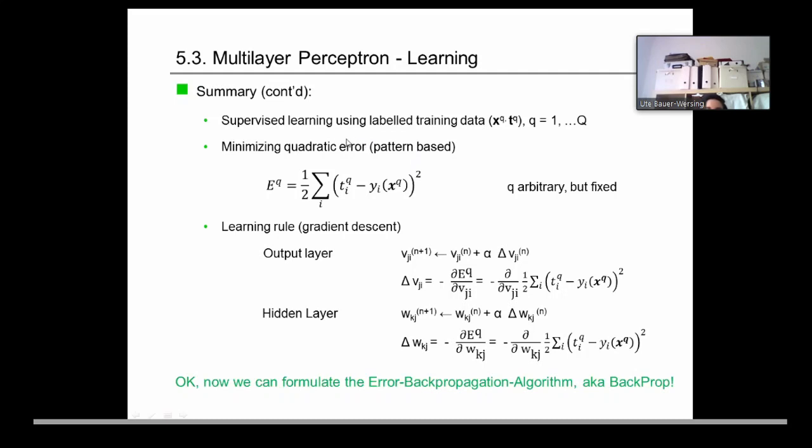So we are minimizing the quadratic error for an individual training pattern q that we selected. q is arbitrary but fixed, and this is the formulation of the error function that we are minimizing